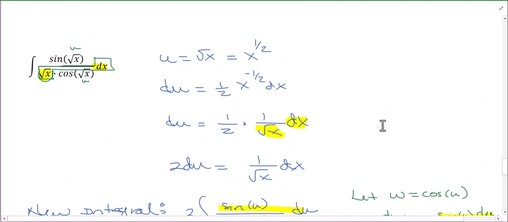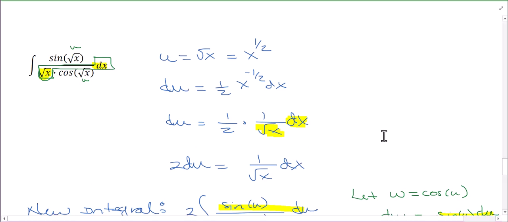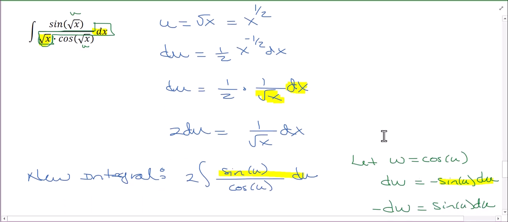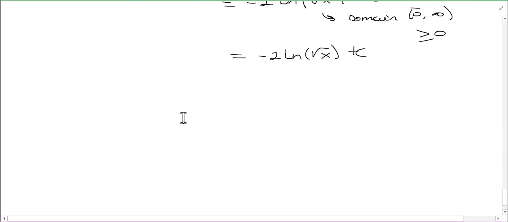So oftentimes you will see that with different u-substitution problems, you start with the u-substitution and then you still can't solve it, and so you need another substitution. So you can just call it something else. I called it W, you can call it V, you can call it M, J, whatever you want to call it. Now the other way we could have done this is by making a slightly more,